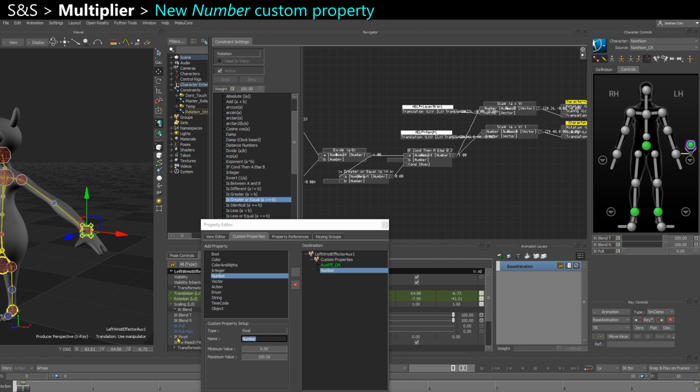Let me call that length multiplier, maybe. And since it's going to be a multiplier, we don't want it to be less than 0. In fact, we don't want it to be exactly 0 because that would make the length of the arm just, you know, inexistent. So maybe we want to have like 0.01 as a minimum. Well, here I'll just assume animators will be careful, so I'll just leave it at 0. I mean, this is like 0.01 centimeters, so it's like 1/10 of a millimeter,